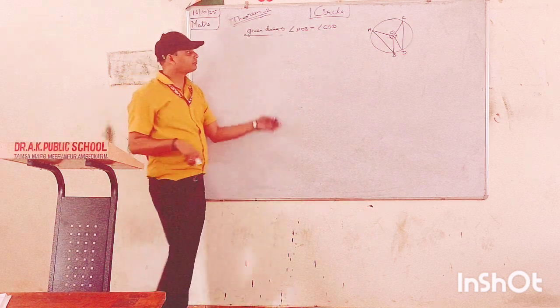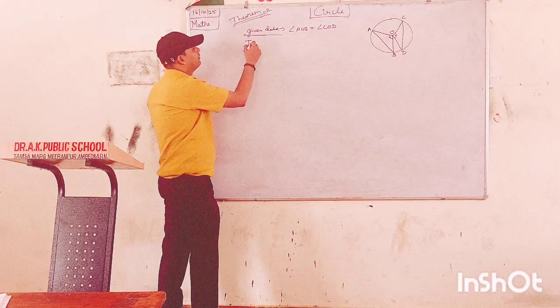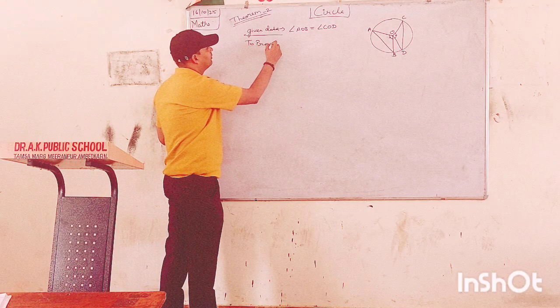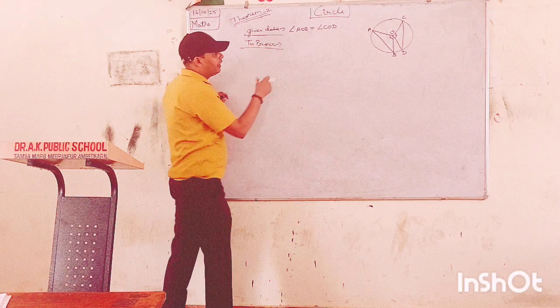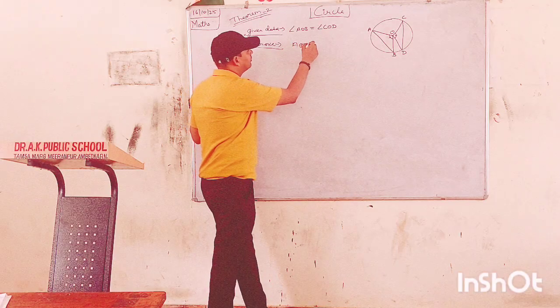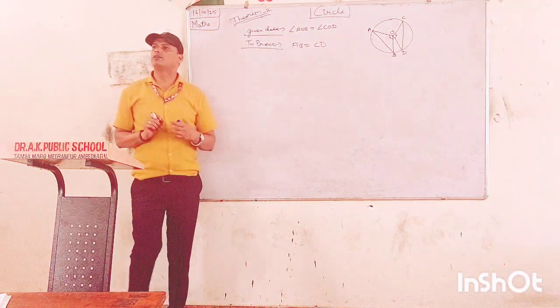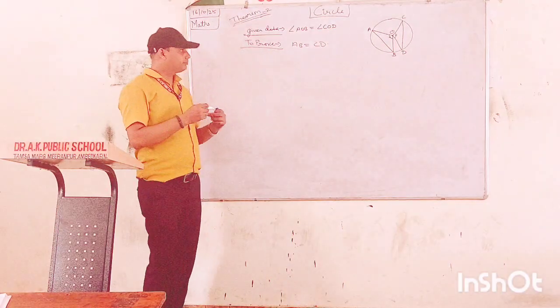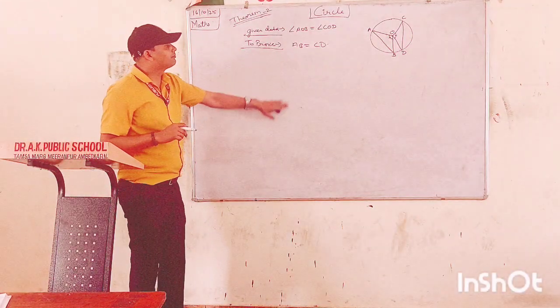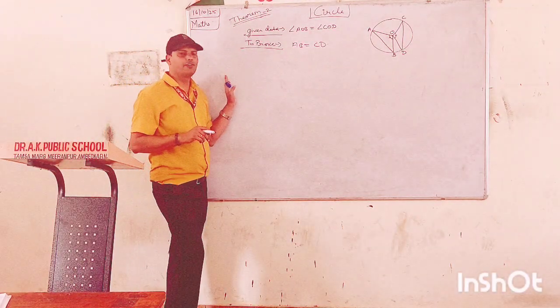Clear? And what you have to prove? AB is equal to CD. We have to prove that AB is equal to CD. Clear? Now listen. If you see carefully,